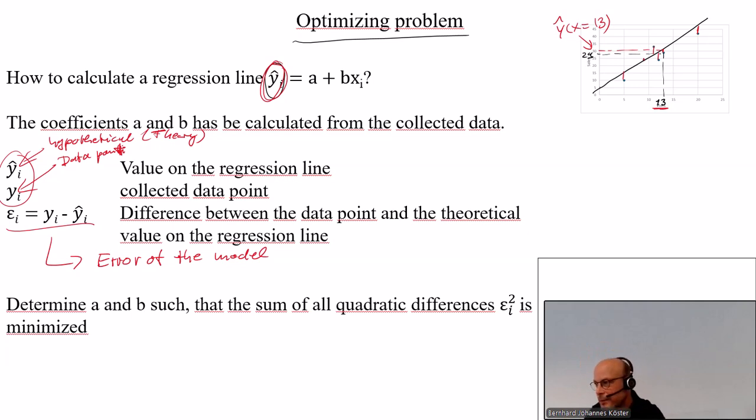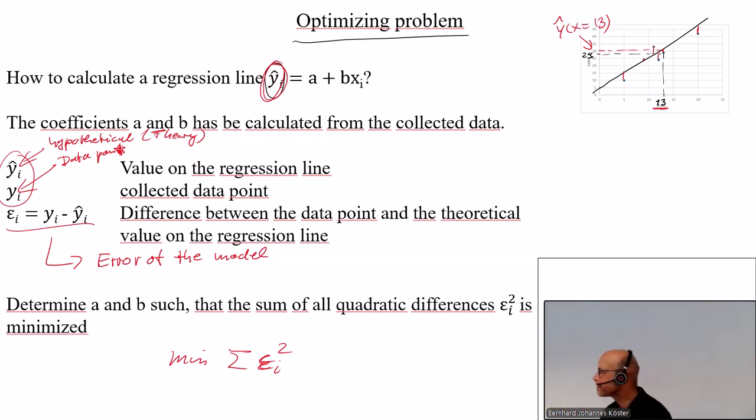And there, in general, we use not the sum of all errors, but we are squaring all errors. And this then means minimize the sum of all squared errors. And this, I think, you have already seen